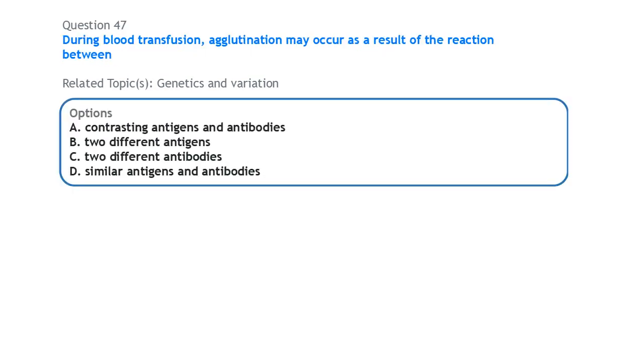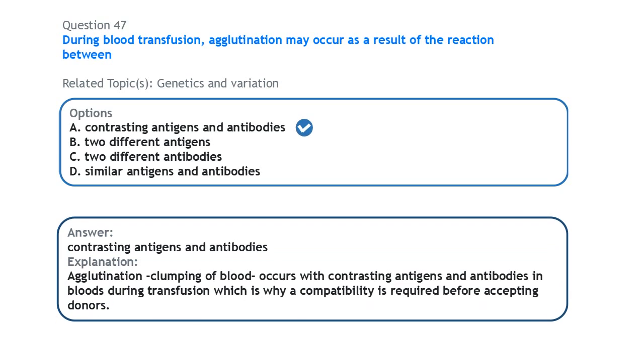Next, also on genetics and variation, during blood transfusion, agglutination may occur as a result of the reaction between. Agglutination is what we call the clumping of red blood cells, and it occurs as a result of the action between 2 contrasting antigens and antibody. It happens when you do a blood transfusion between 2 people that are of different blood groups that are not compatible. For example, when you try to do a blood transfusion from blood group A to somebody of blood group B, or from blood group B to A. Okay, so these two, there's no compatibility, so agglutination is going to occur,